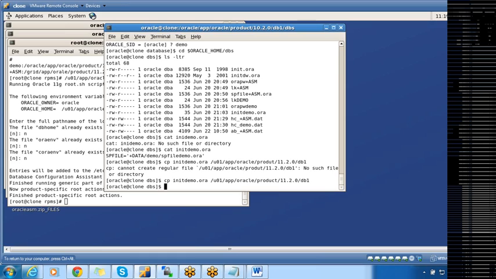So we have to copy these files from the 10g home to the 11g home. Now I don't have any tnsnames or listener.ora. I just have to copy this P file, and also in real time you have to copy the password file. So let me copy the password file too, orapwdemo.